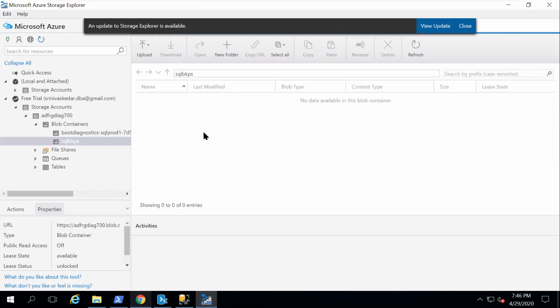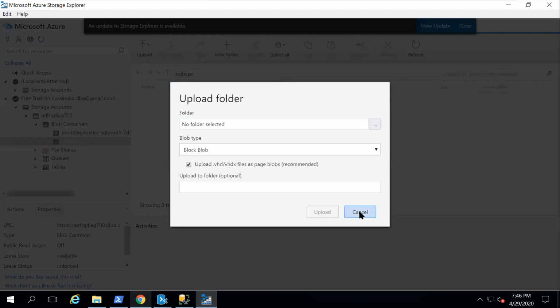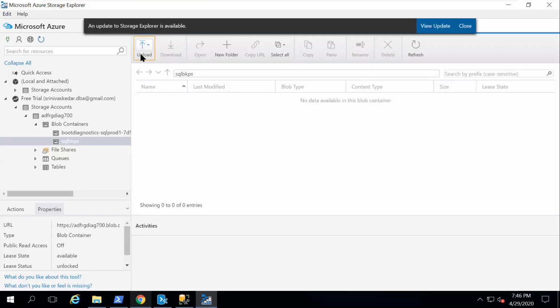You cannot give complete access to everyone, so you can restrict other teams, like the development team and all. You can ask them to upload files over here, and then just click on upload. Where is my file? Just navigate to my file here, or else I already have my files over here. Just upload it here.